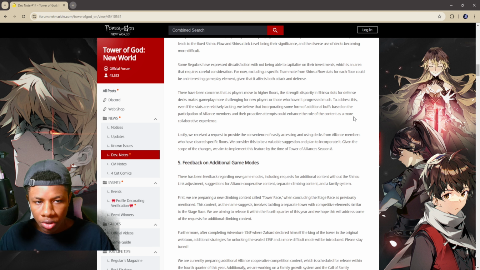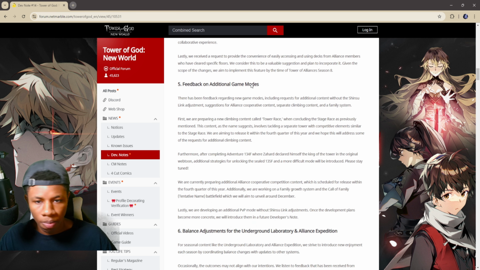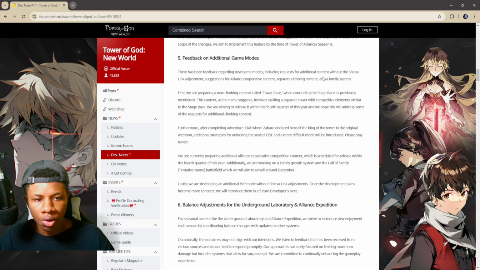But what's really interesting to me is excluding a specific teammate from the Shinsu flow stat. That part right there is very interesting. We're just gonna have to wait and see when they implement this brand new feature in Tower of Alliances. Now, next thing we have is feedback on additional game modes. It says there has been feedback regarding new game modes, including requests for additional content without the Shinsu link